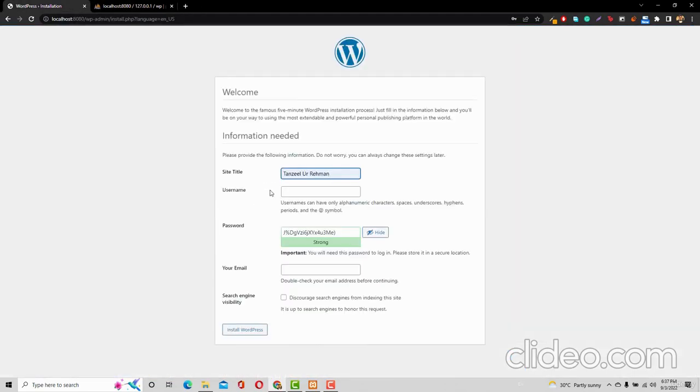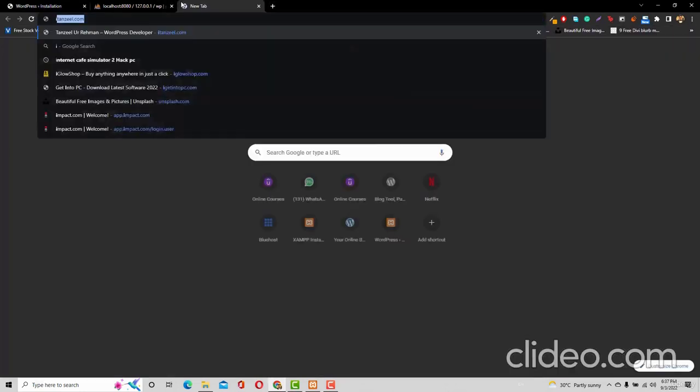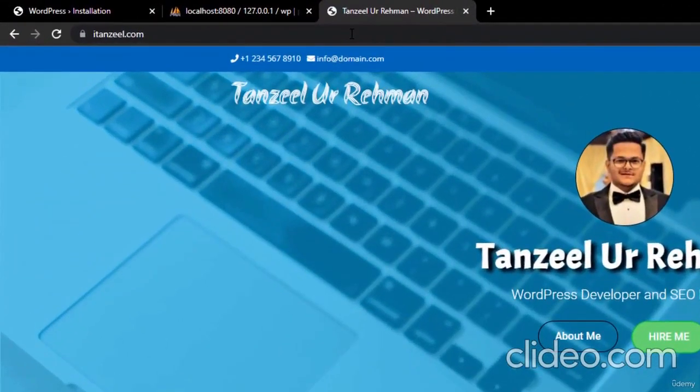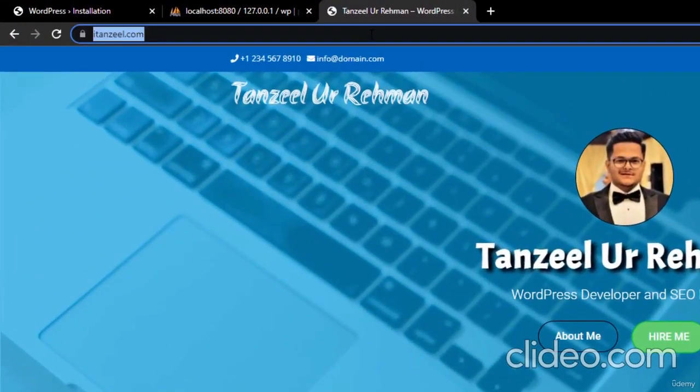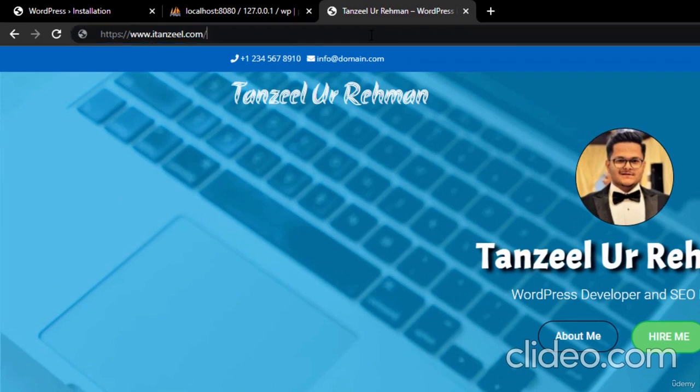So inside the site title, you need to enter your full name, and in the username, you can enter anything. You can add admin here as well. Now remember, this username is going to let you log into your website. So if I open the personal website that I just showed you, and let's suppose I want to edit this website, then I need to type in here